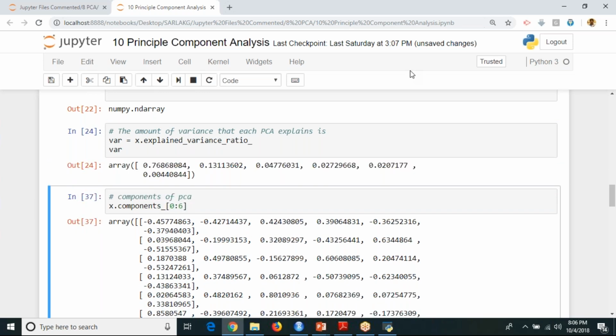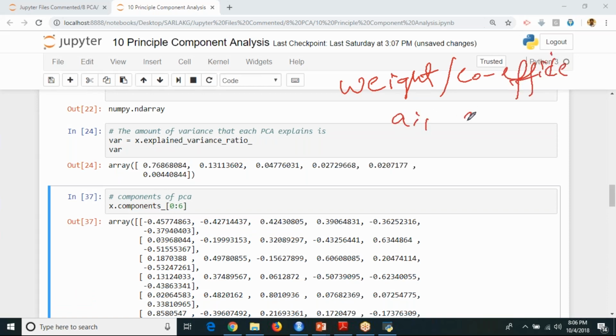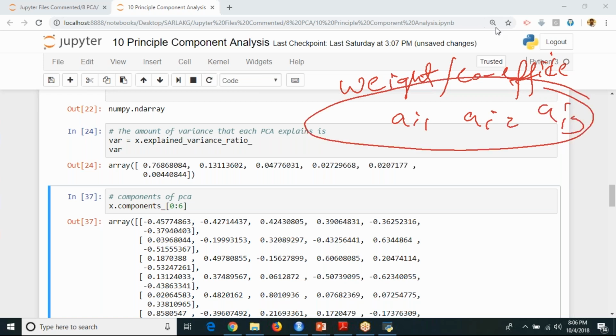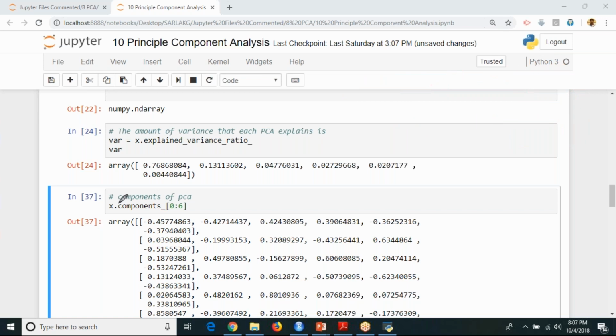Now, if you want to get your weights, also called coefficients. Yesterday we discussed, right? AI1, AI2, AI3, these are called your weights. If you want to get that, you need to use a keyword called components_. So here I'm going to use components_.